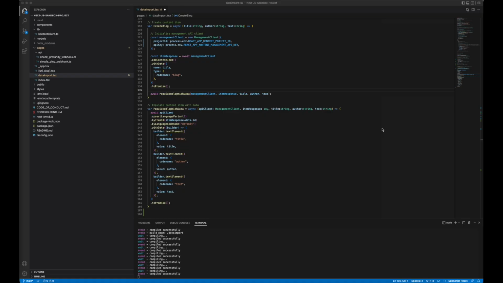Before we jump into doing the actual import, I wanted to quickly show you a part of my source code. As my React.js application iterates the uploaded CSV file, 2 key functions are called. Firstly, there's the create blog function, which creates the blog content type. So you can see here, we are instantiating a management client object and then creating the content item of type